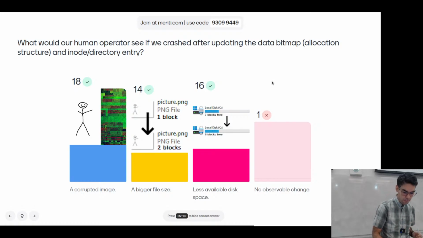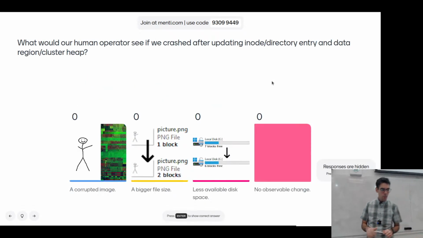All right, okay. What would we see after updating the inode or the directory entry, so the stream extension, and the data region or the cluster heap? So we haven't updated our allocation structure. We haven't updated the FAT.